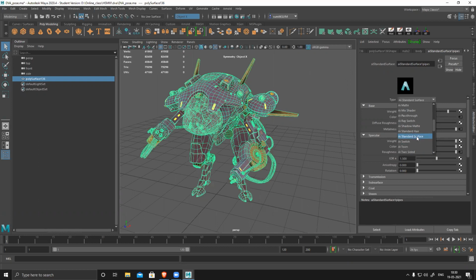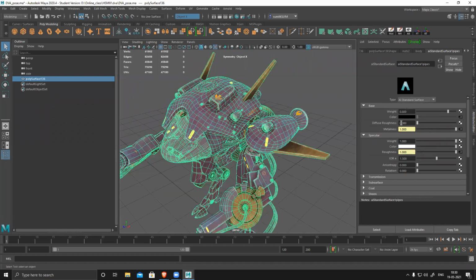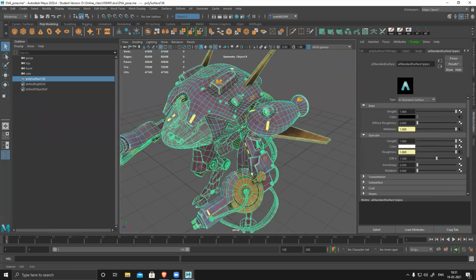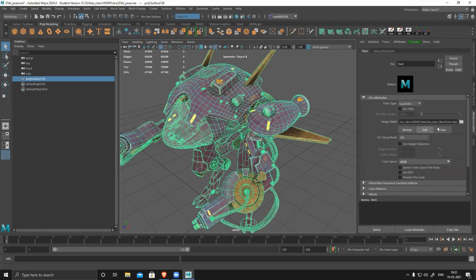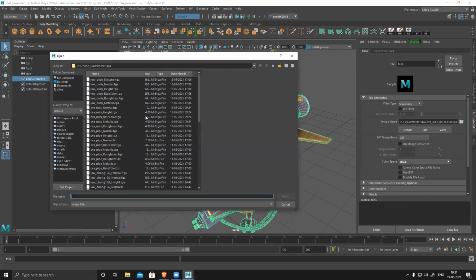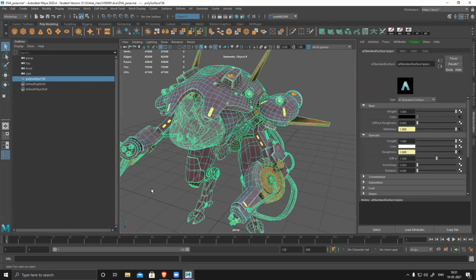This material has a lot of properties. Texture will generate some detail, and with the help of this material I can control the appearance. So select this. After selecting this, you can see weight is 0.8, so make it 1. So it gives you 100% output of your color. Color is basically your diffuse map. So click here and assign the file. You can browse here, and wherever your map is, assign it. Whichever map is there, assign it. And by default you see everything like this.